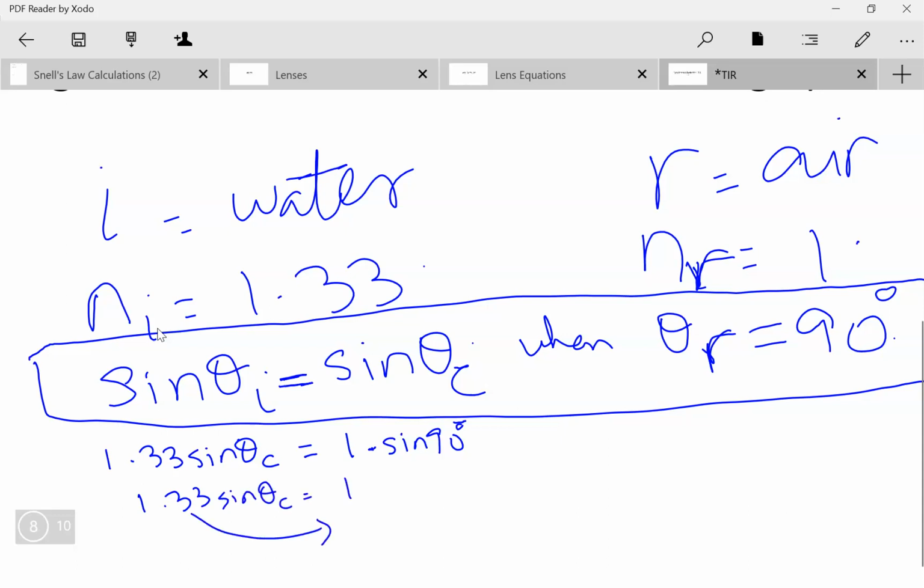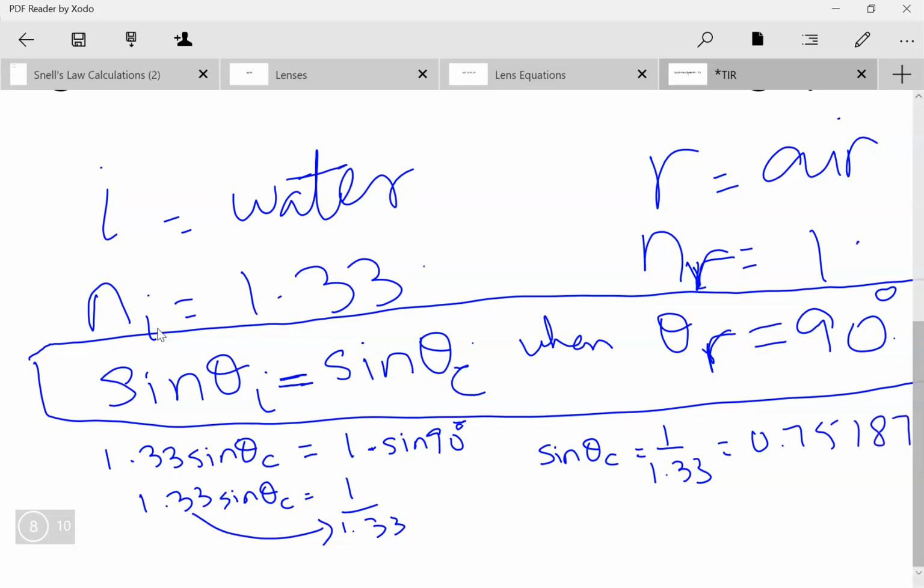I'm going to move the 1.33 down to the denominator here. So I get sine theta C equals 1 over 1.33, which is 0.751879. Let's make that 8. And then I move the sine over to the front of the other side where it becomes sine inverse. So theta C equals sine inverse of